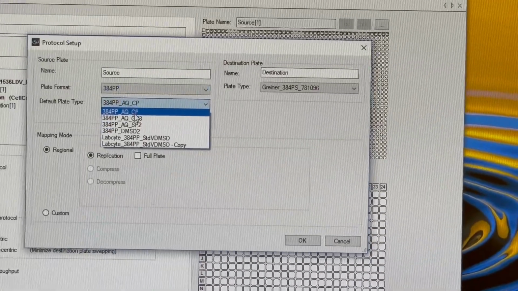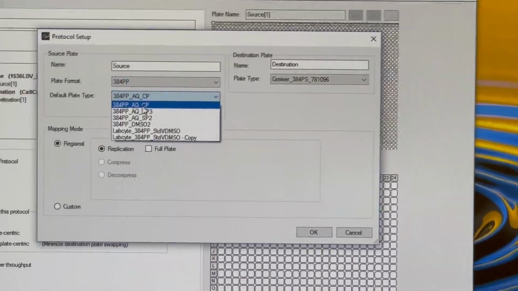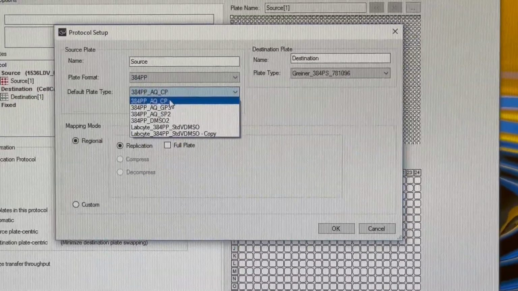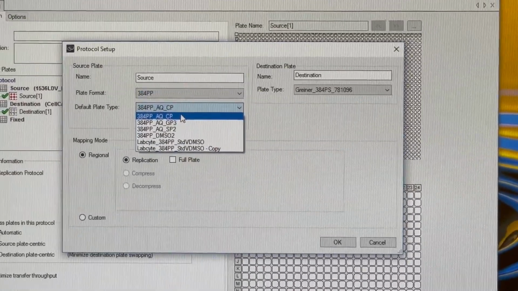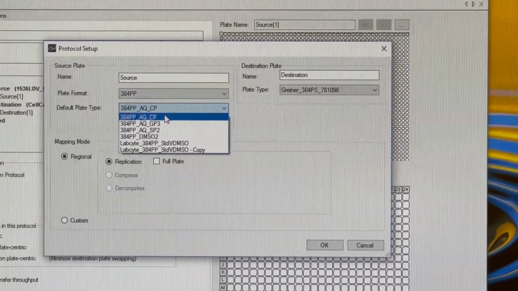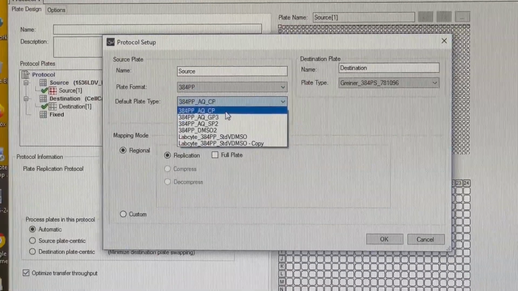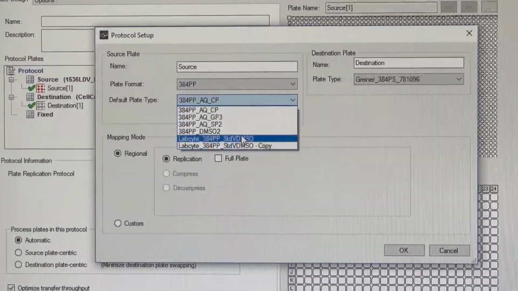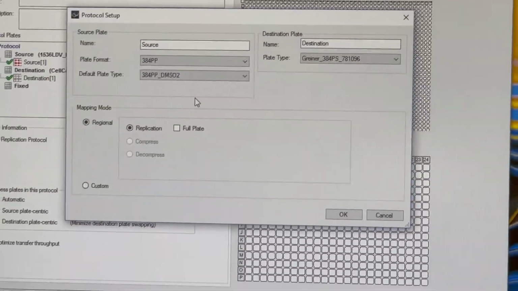It's meant for making crystal trays. That's what the C stands for. But that protocol takes extremely long. It spends a bunch of time focusing each individual well so that it can be maximally adaptable to different liquid compositions. So we're gonna do DMSO.